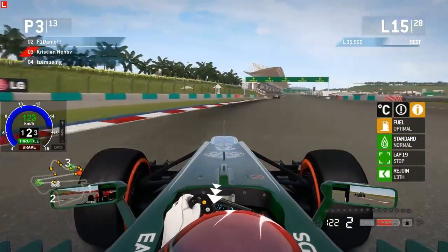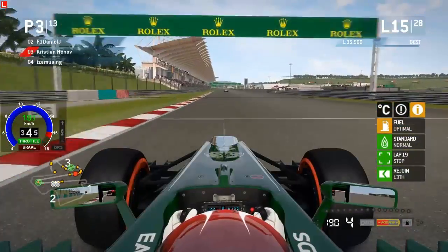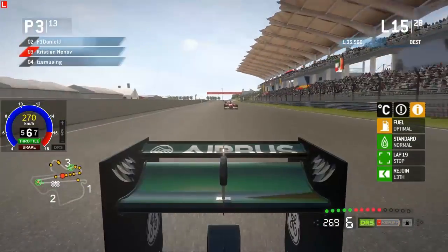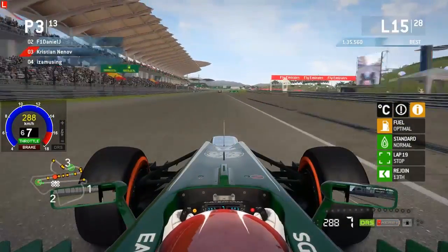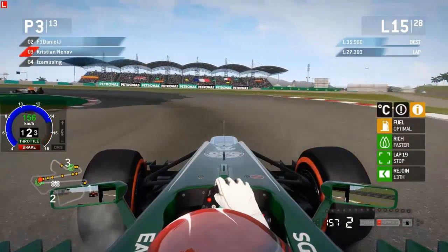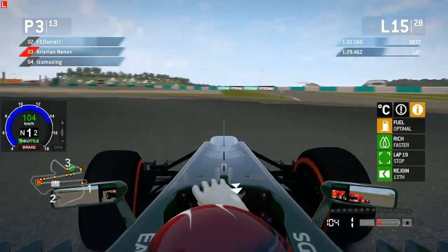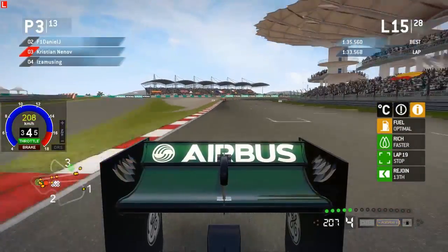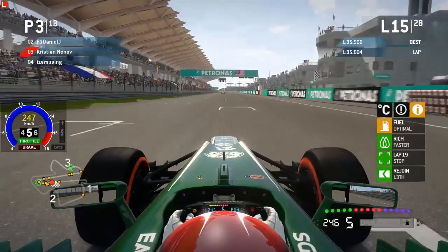This time not his fault though. But that's really not going to help him in this race, going off the track this much. No, not really. And Kristian just flying by Izamusing through that penultimate corner. Didn't they really have to try, looking at his rear tires? And Izamusing does pit. He does dive into the pits, and I'm sure he's going to be very happy to put on a new